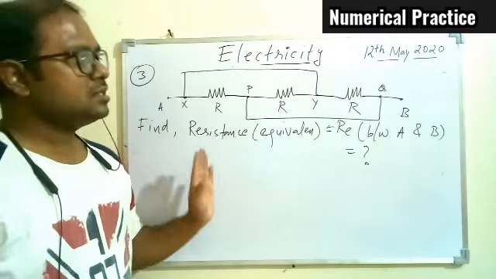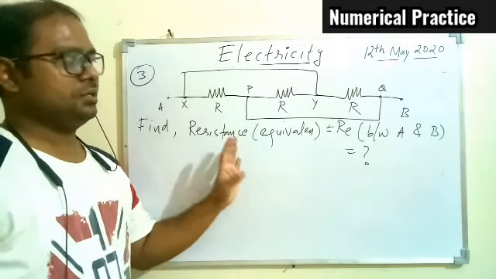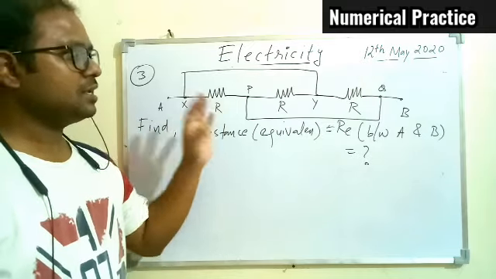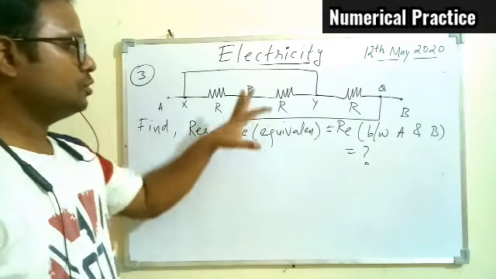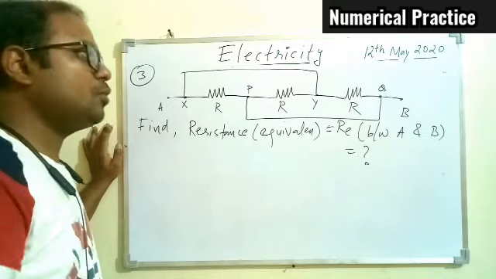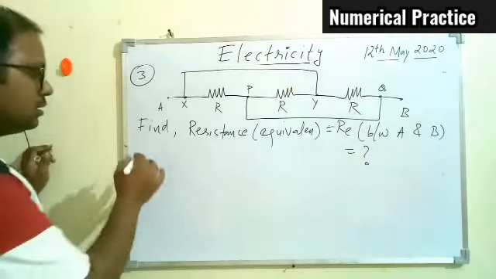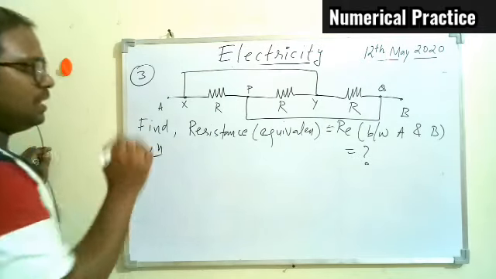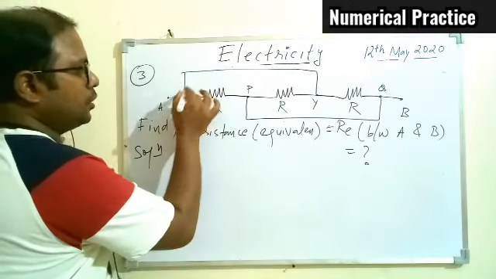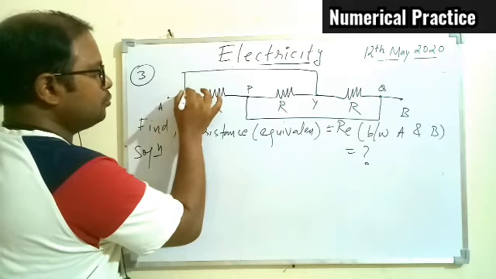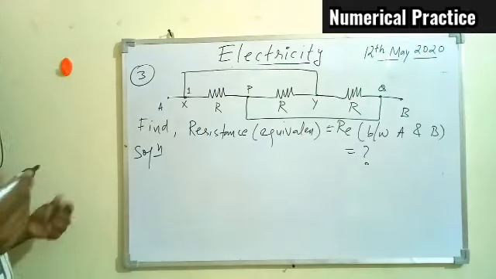So we can't easily say they are in series or in parallel, it's very complicated. When we see some wire getting connected from one end to the other, so there is a cross connection, and when we have a cross connection, there is a rule to solve this kind of numerical and circuit. So what we can do, let's number this point. Let this point be at some potential 1.